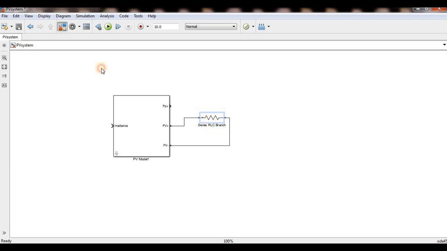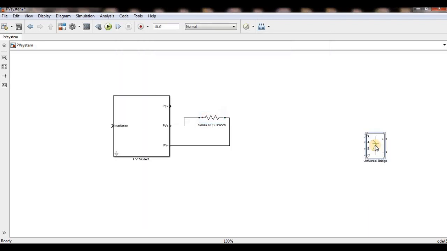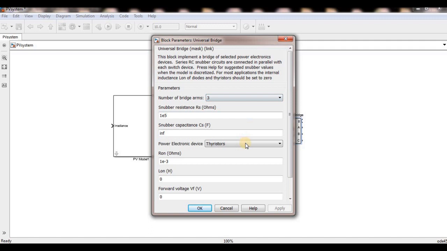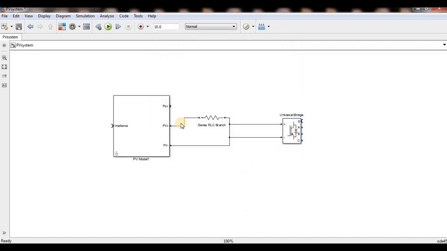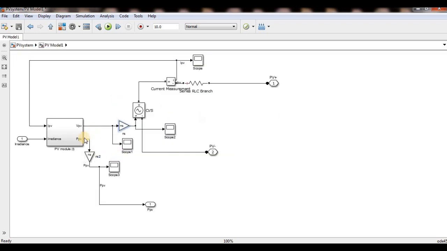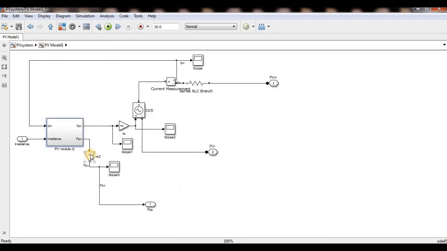Like this you can connect, or you can take your inverter and connect the inverter itself. You have to select the inverter, with G2S or IGBTs or whatever. Like this you can connect. This is the irradiance you can give, constant or variable. This is the power. I calculated the power from the PV module, so this is the complete power, which I multiplied with small ns.